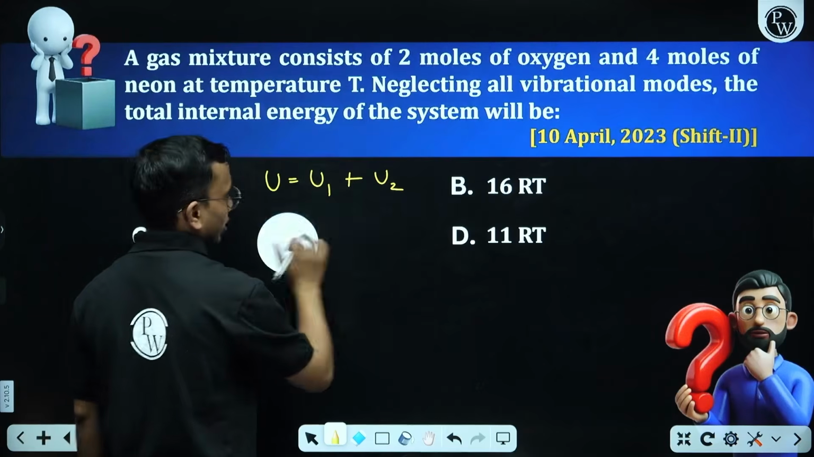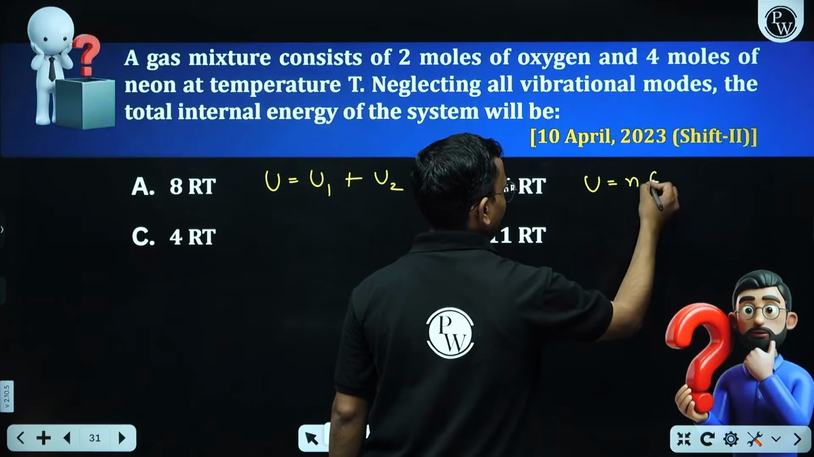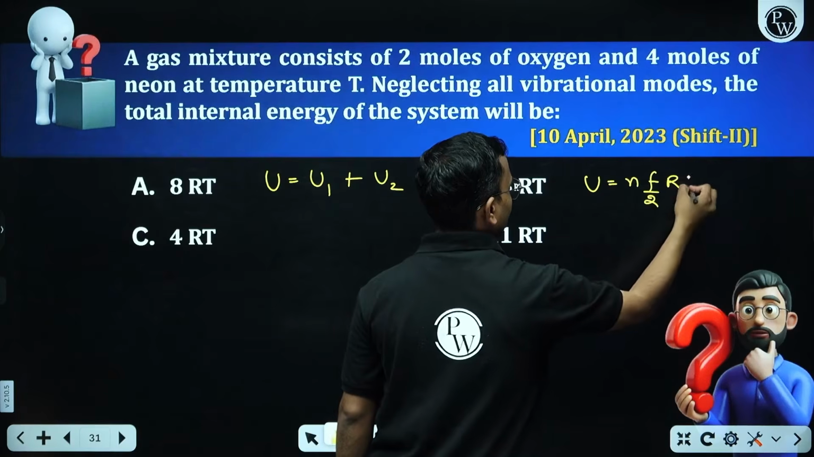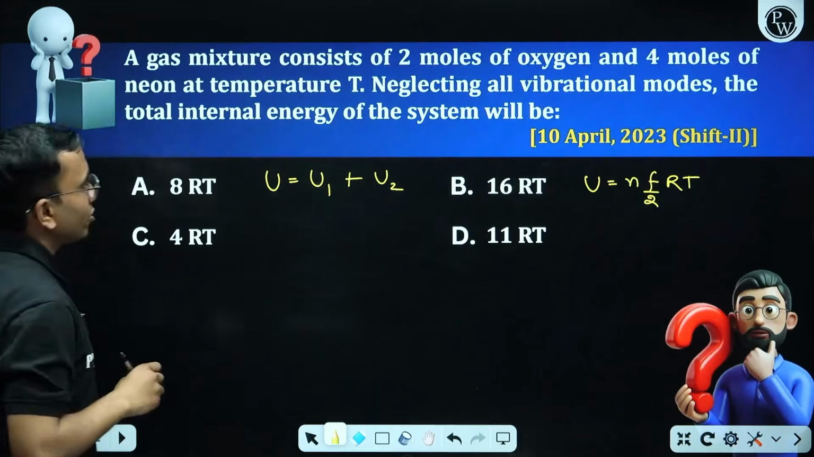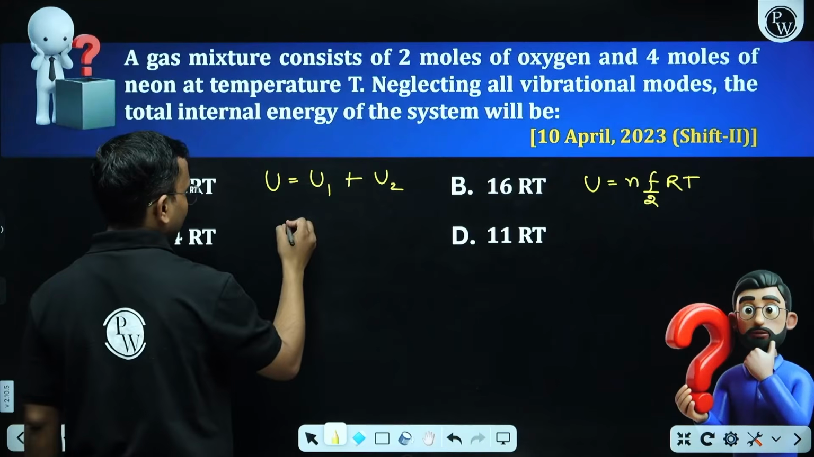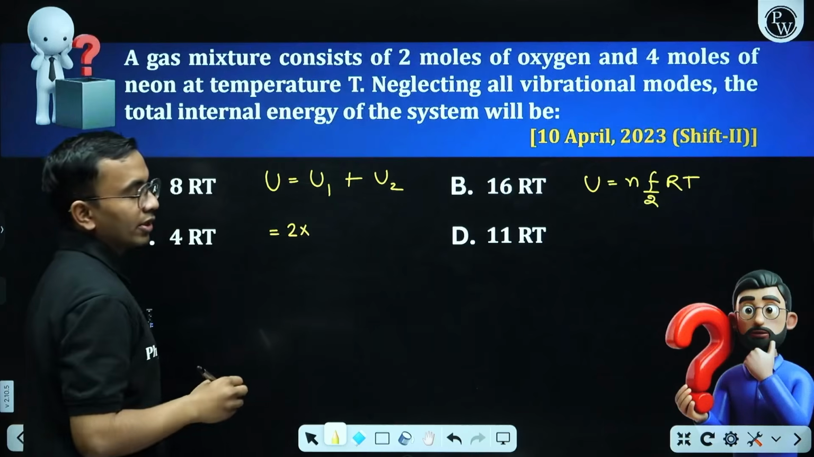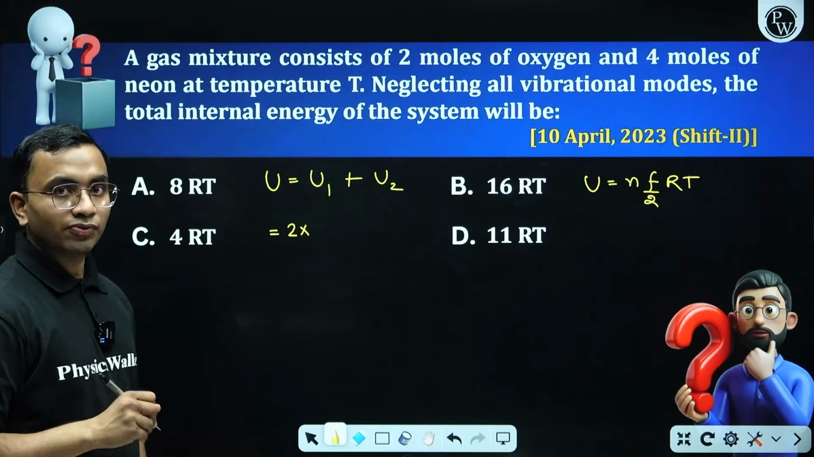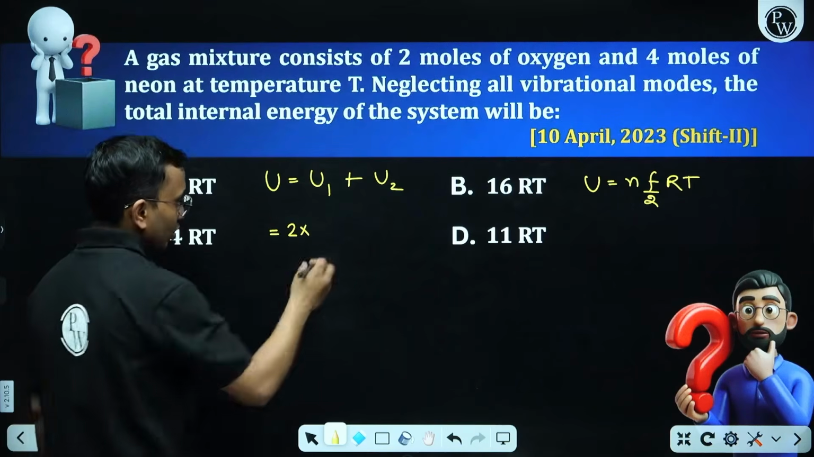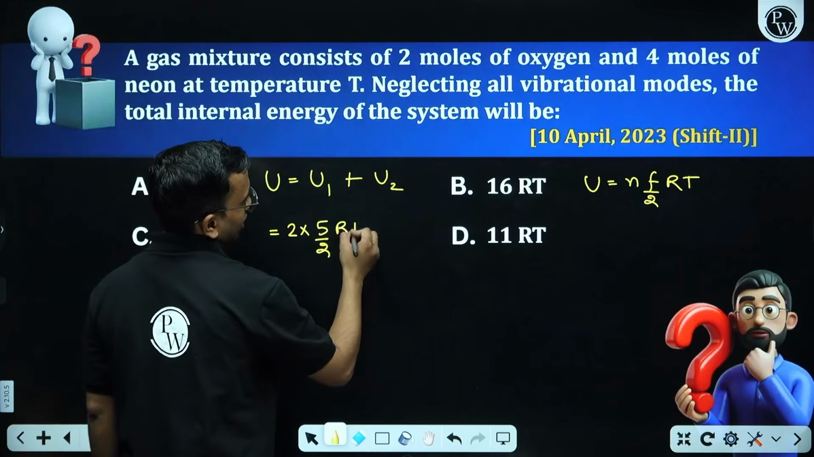This is the formula. Let me write here. U is equal to N into F by 2 into R into T. So for 2 moles of oxygen, this will be 2 into, what is the degree of freedom for oxygen gas? This is a diatomic gas. We have 5 degrees of freedom. So 5 by 2 into R into T, plus